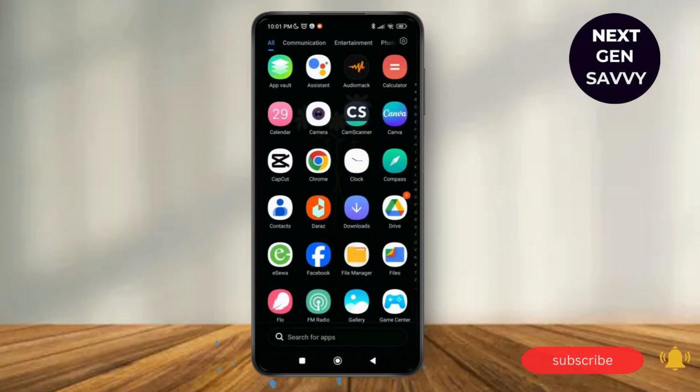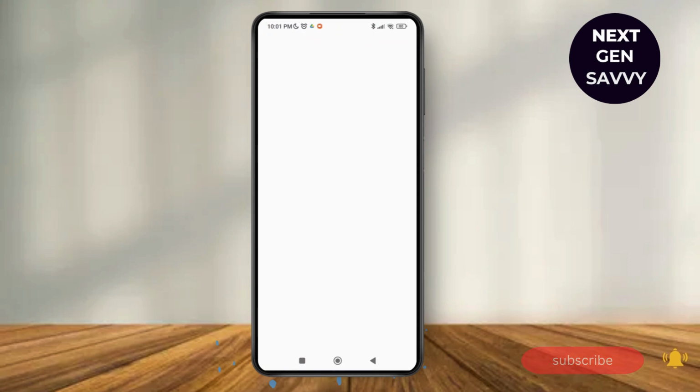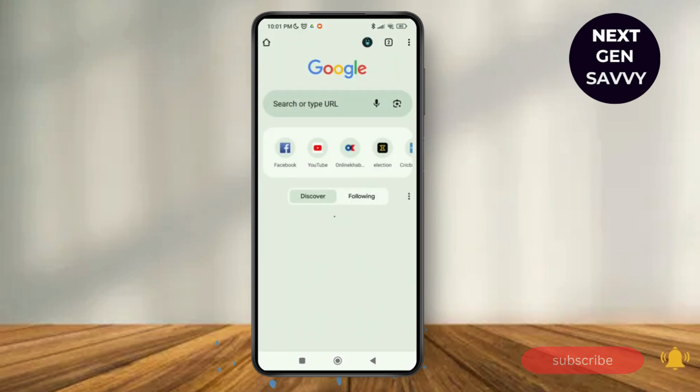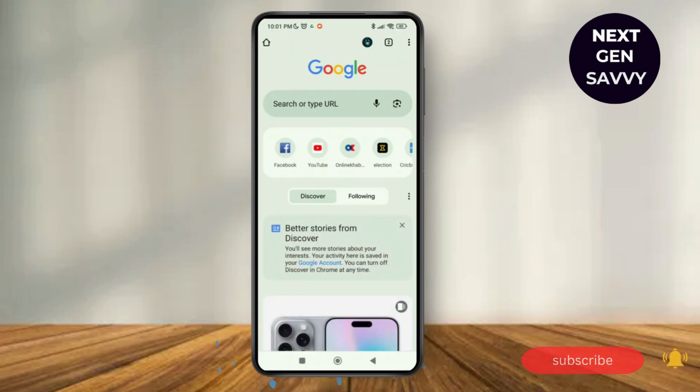First of all, open up the Chrome browser on your device and then you can see this is the normal view for your Google Chrome. Now a lot of times you can see the incognito mode, the web browser history does not get saved, but however that cache is still there. So to delete the incognito history on Android, all you have to do is just go to the search bar